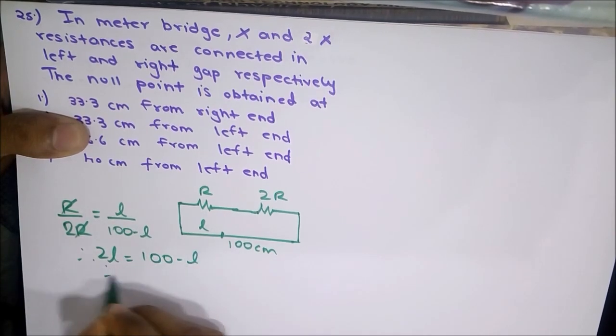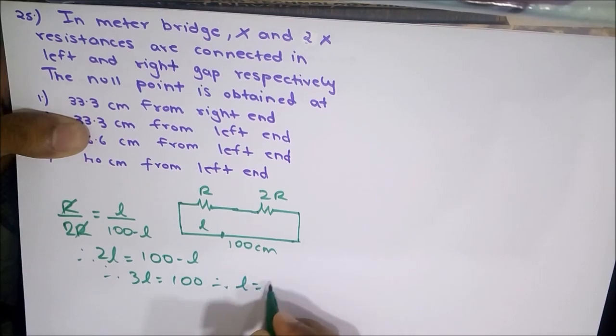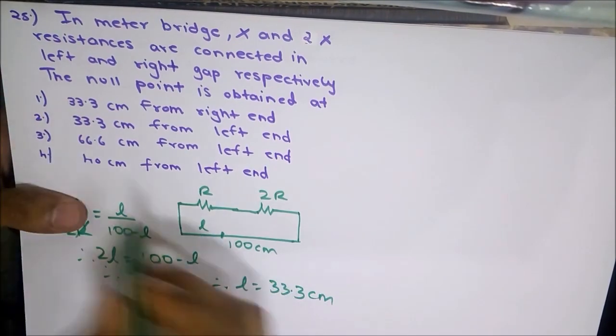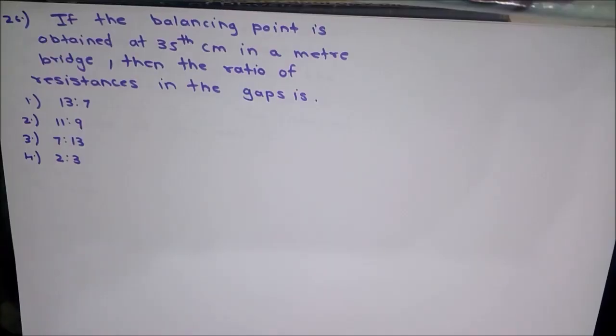100 minus L. Therefore, 3L equals 100. Therefore, the balancing length L is equal to 33.3 centimeters. So, from the left end, it is 33.3 centimeters. So, option 2 is the correct answer. If the balancing point is obtained at 35th centimeter in a meter bridge, then the ratio of resistance in the